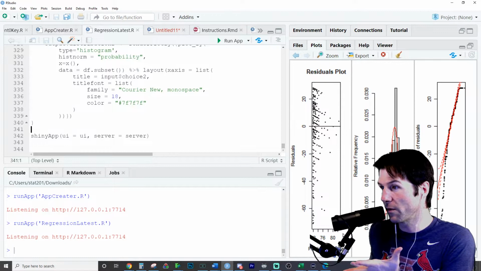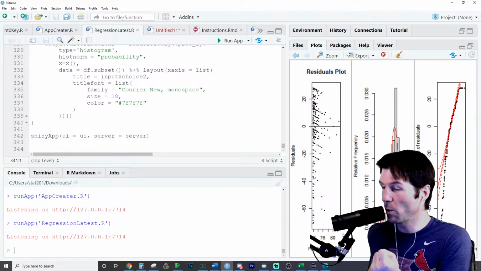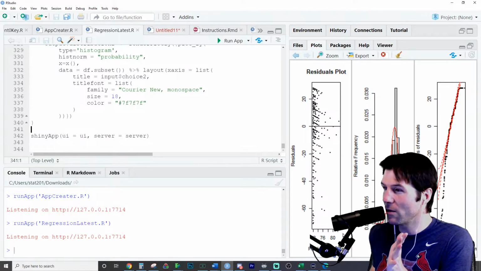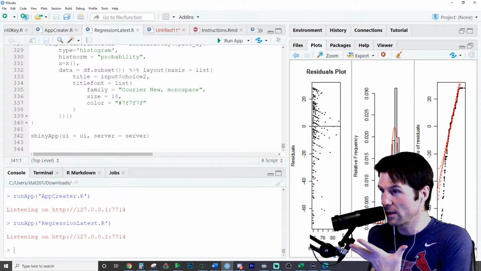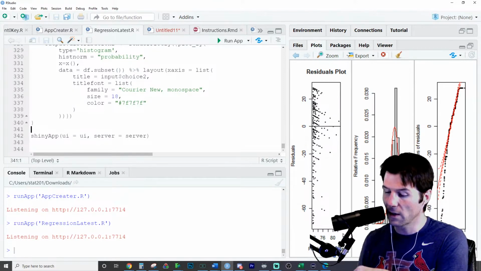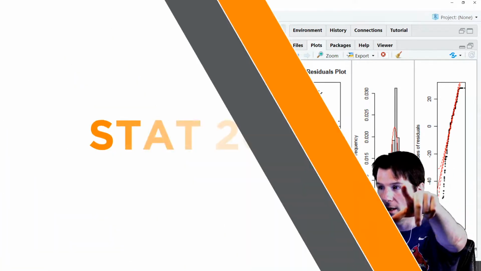What you're going to do in 475 to start is take a statistics 201 or 320 concept and build something like this. You're going to work on a team, and you're not meant to solve all the problems in the world. You're meant to understand Shiny and start utilizing these topics that we'll be talking about the first week of class. So enough about new classes. Let's talk about your class.